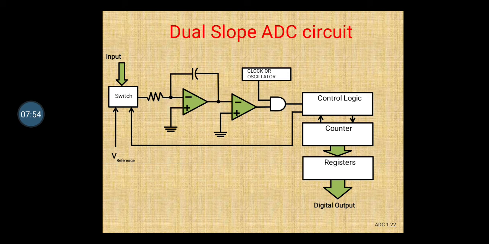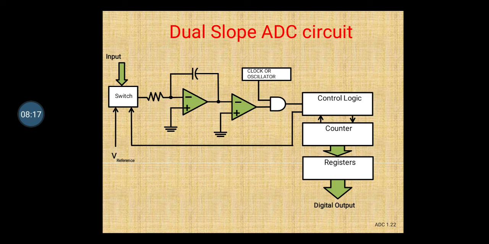We have studied the up counter and down counter in the 4th chapter. If the counter is an up counter, it will start giving the outputs 0 0 0, then it will go to the next state, that is 0 0 1. Step by step it will go, then it will go to 0 1 0 and so on. And that counter output is given to the register.